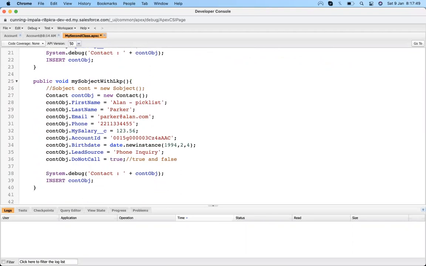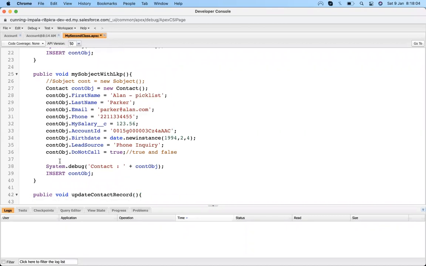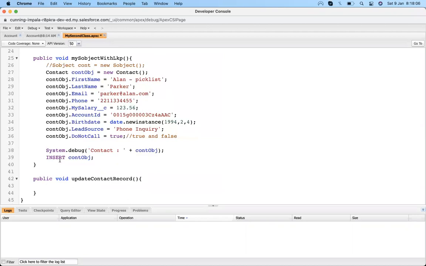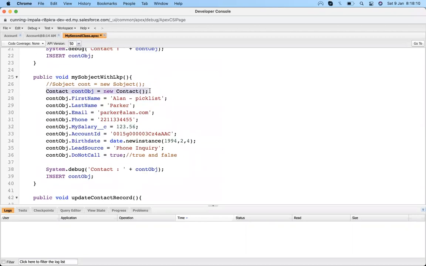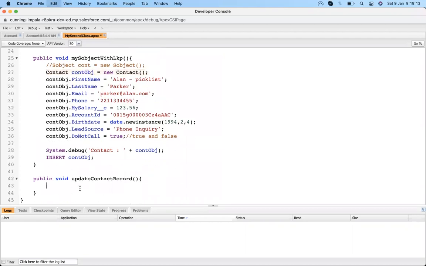So I'm at public void update contact record. For updating a contact record, as I know, we need the ID of that record. So I will first create an instance, and in that instance, I will put the ID.